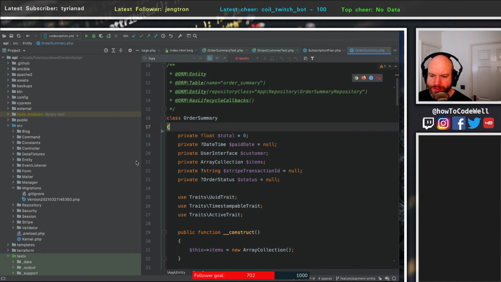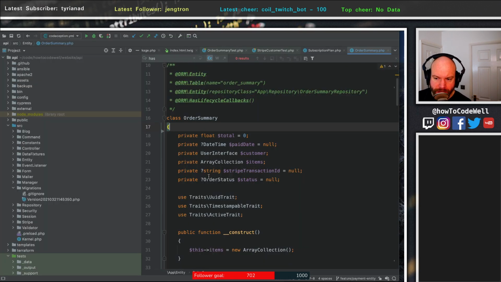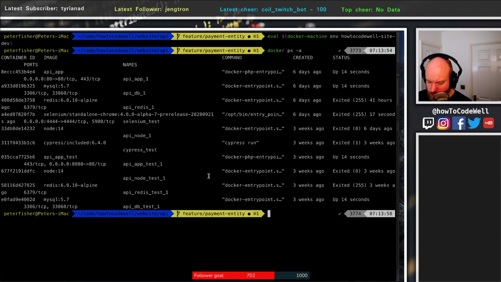Okay, so the first thing I want to do is run the tests. Make sure that we are, because I did some change last night and I'm not sure whether everything is wired up as it should be. So let me just run some